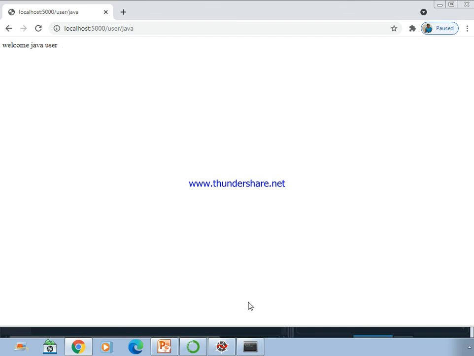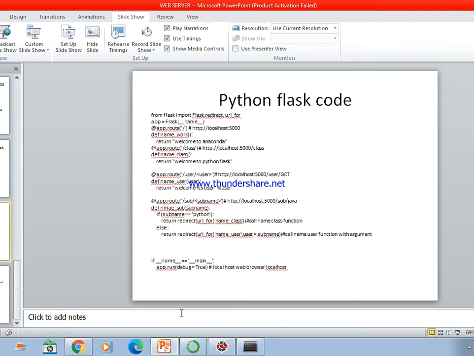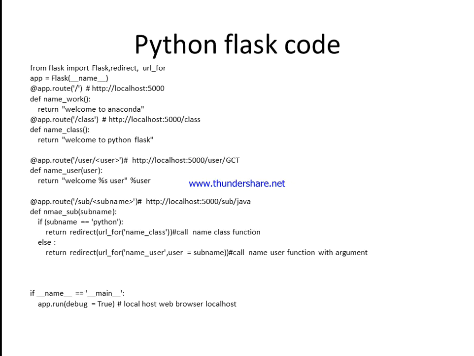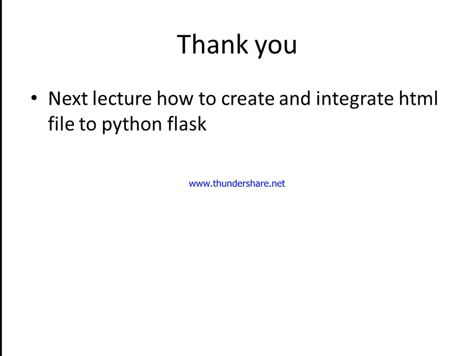So that's all about what we have seen today. We have created a web server using Python Flask, typed this code, and used Anaconda PowerShell to execute it. In the next lecture we will see how to integrate this Python Flask with HTML, which is nothing but your front end tool, right? That is a two-tier architecture that we will see in the next class, and the follow up will be a three-tier architecture. We will connect this HTML, the front end web server, to the back end, right?